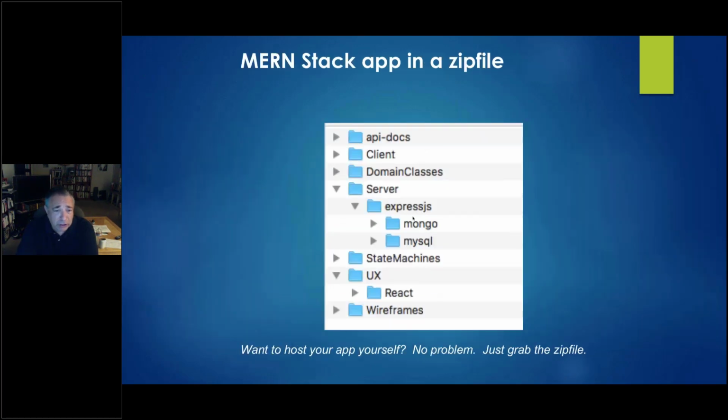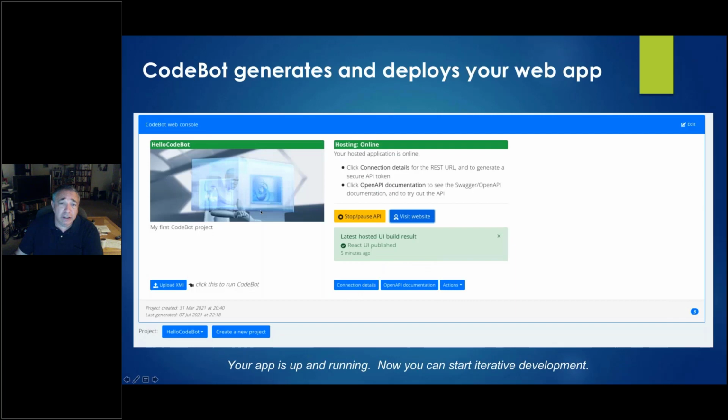Let's continue. Suppose you don't want us to host your app even for testing. The point of this hosting is to be able to really quickly iterate on your design and test stuff. But suppose you don't want to do that. Your app is too proprietary, you have security concerns, whatever. It's secure anyway, so other people can't really see it, but you just don't want it up in the cloud anywhere. You want to host it yourself.